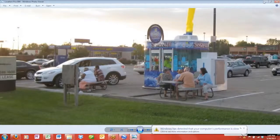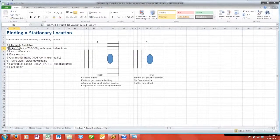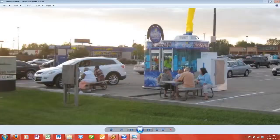Second item, high visibility. When we talk visibility, you want to be 200 to 300 yards in each direction. And again, I'm going to go in and show a screenshot using Google Earth on how that is. Use of a windsock. That sounds kind of funny, but I've had cities tell me I'm not allowed to use the windsock. So when I'm in here, I'm looking, I want to be able to have that windsock going. That's my signature mark. That's how people know that we're